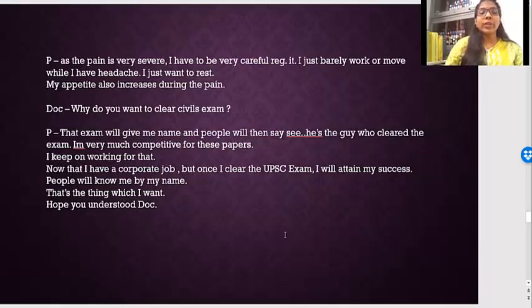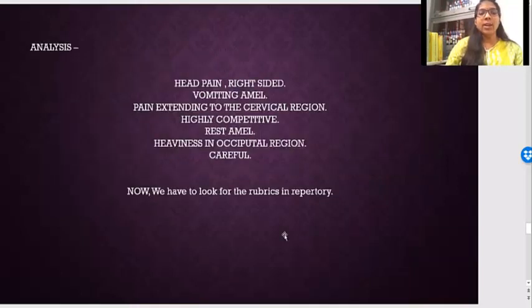Right? So what we are supposed to do now? We have to make a proper analysis. Like what are the core problem and what is the main issue. And then further, after making the analysis, we have to make the rubrics. Right? So here the